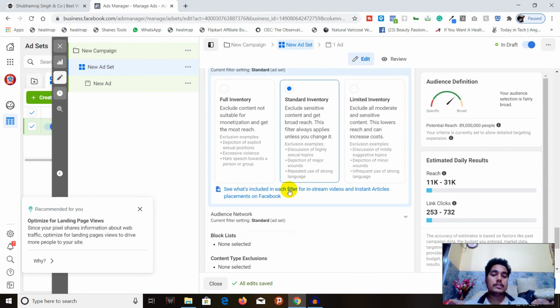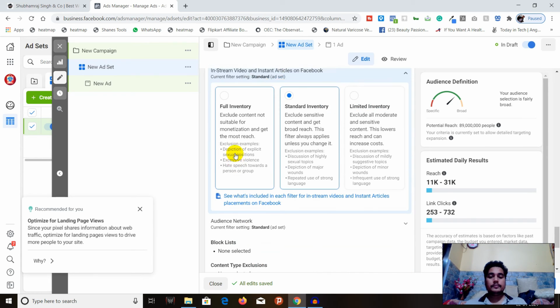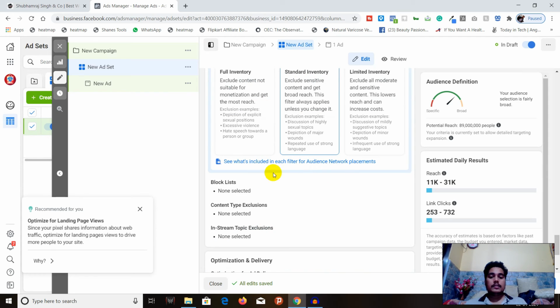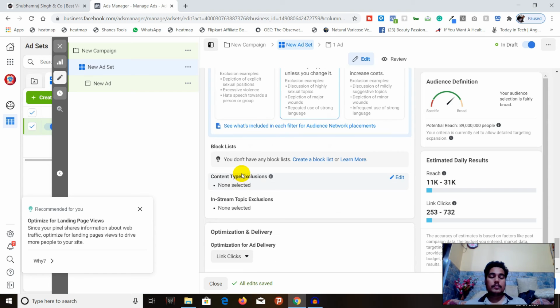You can choose full inventory or limited inventory. It depends on you. I don't use it. Audience Network, same thing. You can also create a block list, and it will block your advertisement from being shown on that particular platform.